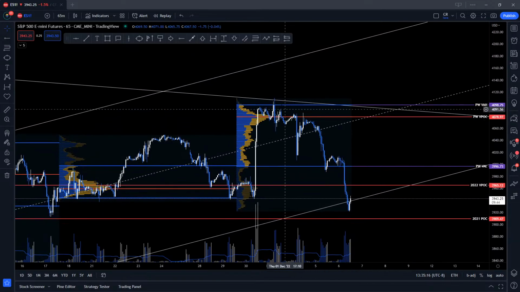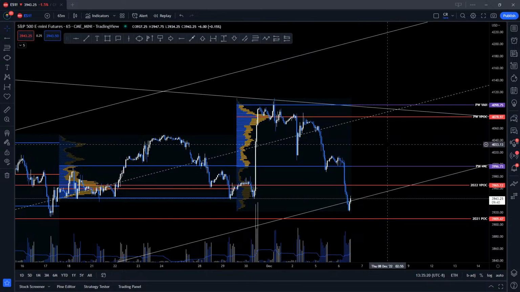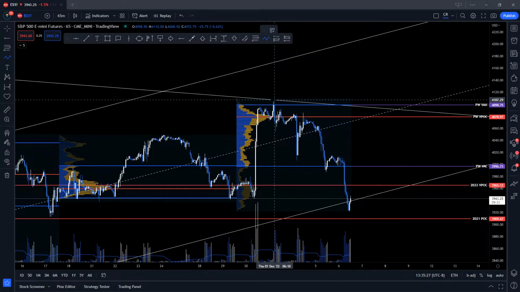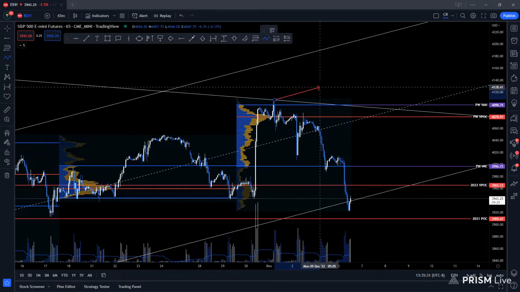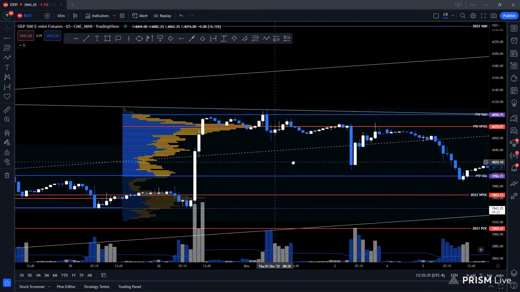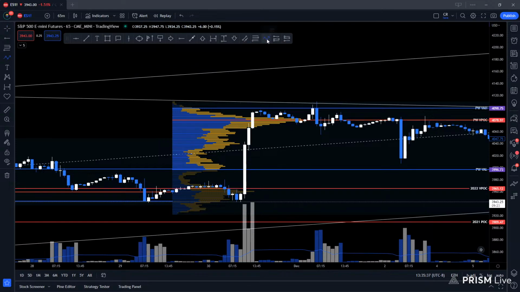So one thing that you want to keep in mind, if we were taking, actually this is still good, but if you are grabbing short here, you want to be aware of the POC. Let me try to zoom in a little bit more. So if you were looking for this short, we came down to the POC, or actually a little bit below,